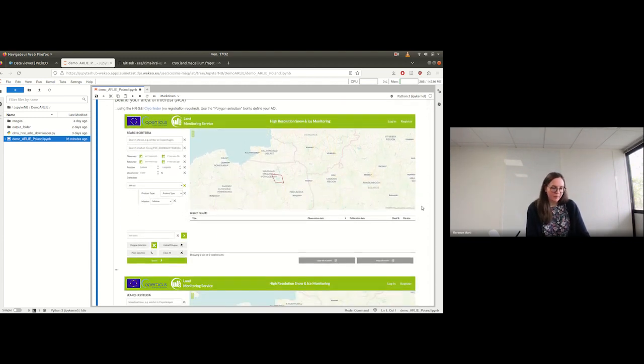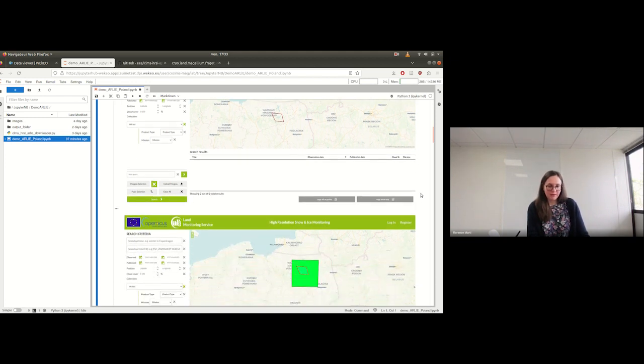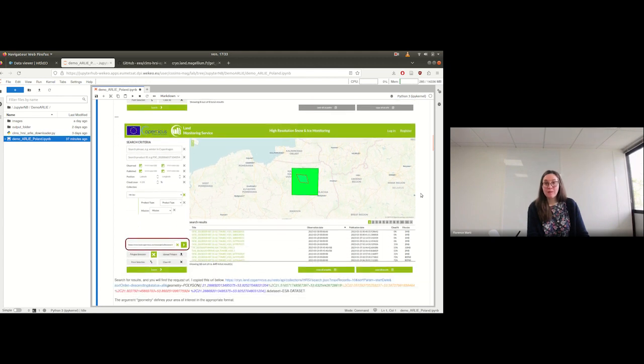I'm focusing here on the Mazury region in Poland. By using the Cryo Finder I presented before, I can simply use the polygon tool to draw my area of interest. It could be bigger, larger, crossing countries, etc. There is no issue. Then, when I click on search, as I did before, I will get a list of results. But this is not what I'm interested in here. I will not focus on this list of results, but on the